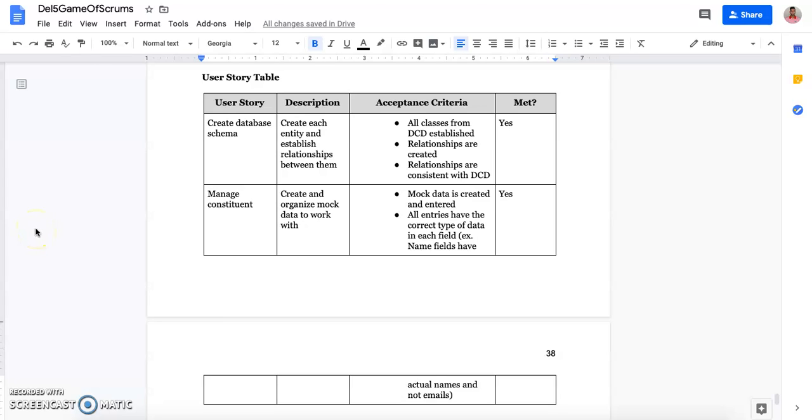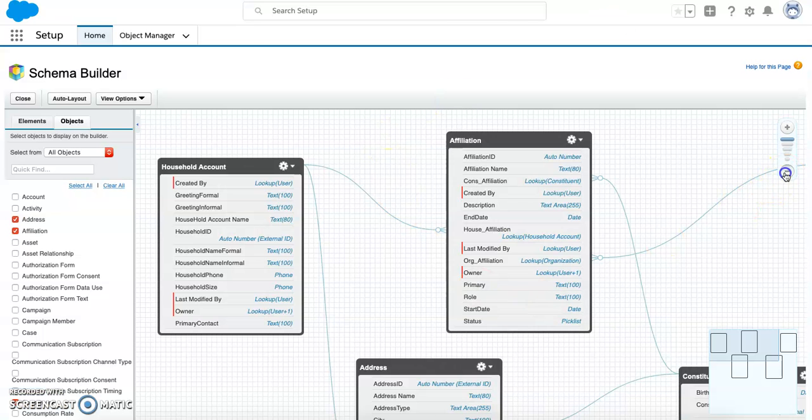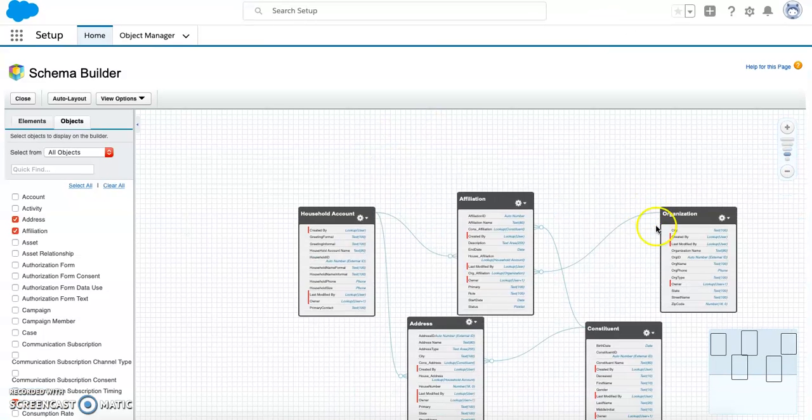So our first user story that we did for Sprint 1 was to complete the database schema. Our first acceptance criteria was that all classes from the DSD were to be established and that relationships were to be created, and also that relationships are consistent with the DCD that was provided by our professor. To show you the DCD, we'll pop it up right here,